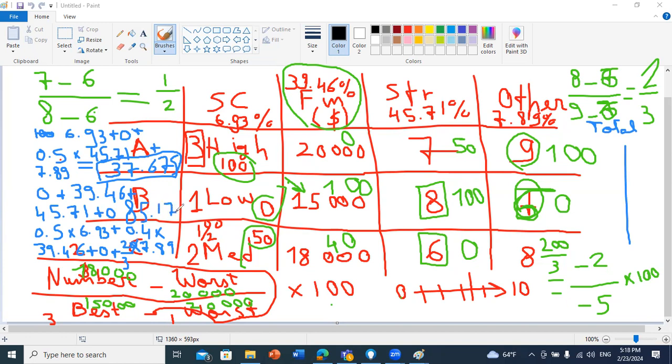And finally, for the last option, 0.5 times 6.93 plus 0.4 times 39.46 plus 2 times 7.89 over 3, which gives 24.509. So the most important is B, followed by A, and finally the least importance is for project C. Okay, so if